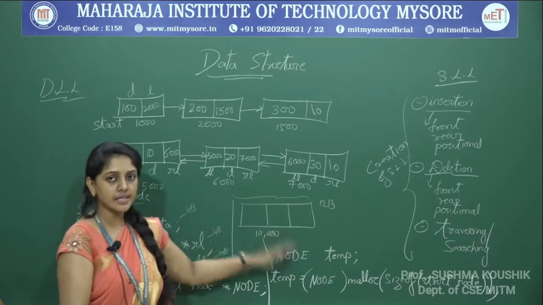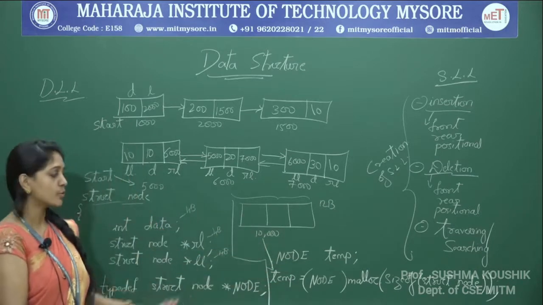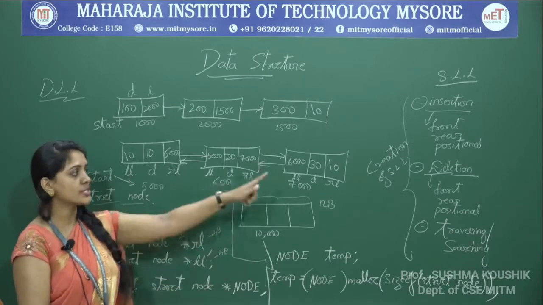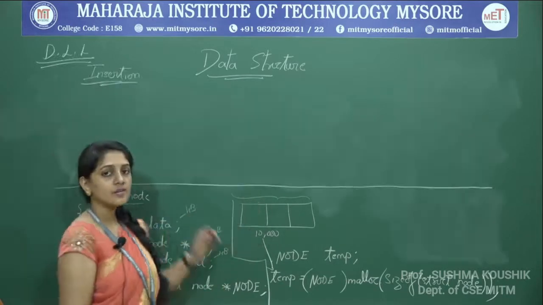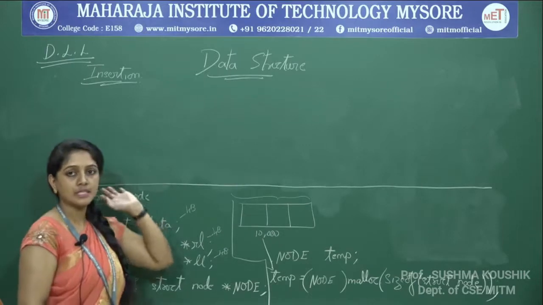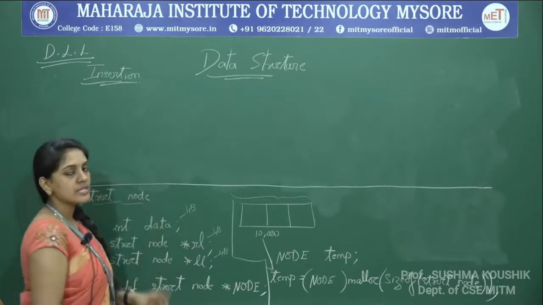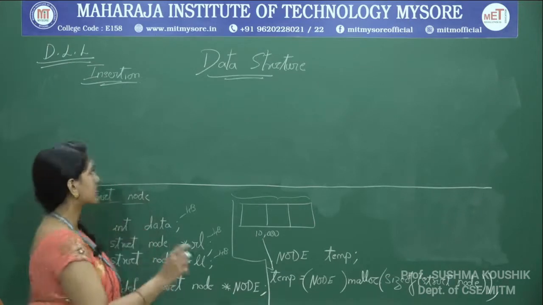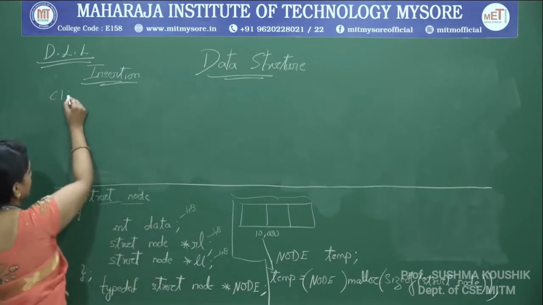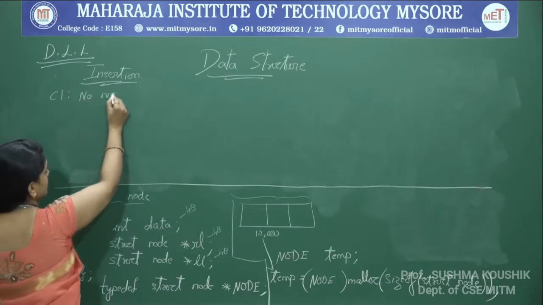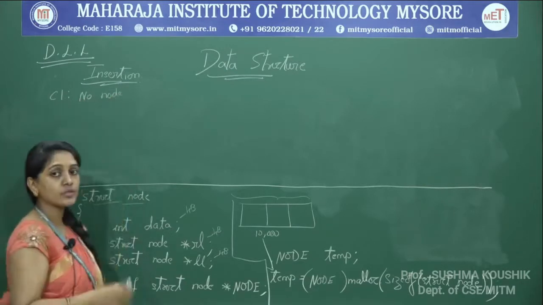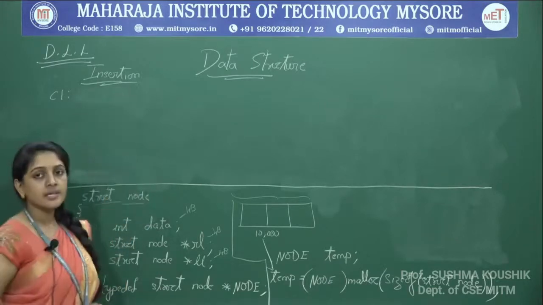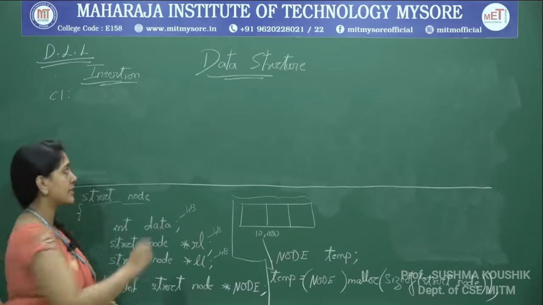Okay, with these things, now we know basically how to create a node. Keeping this in mind, we will start with the operations like insertion and deletion. Now, starting with the insertion of a doubly linked list. To start with, the doubly linked list does not exist yet. So, the first case is no node exists. Or rather than saying no node, I can say that this is the first node which we are creating.